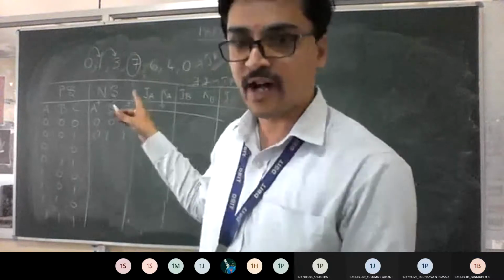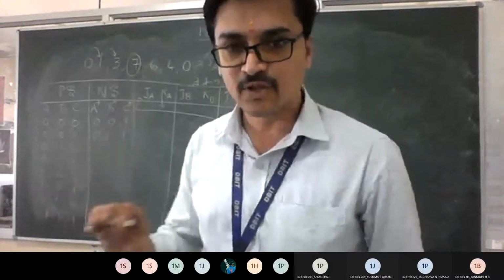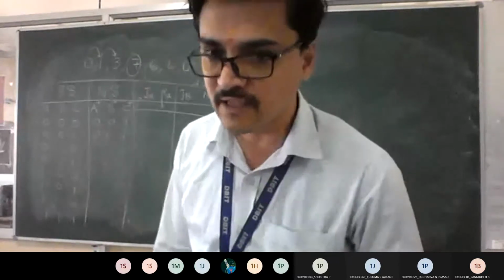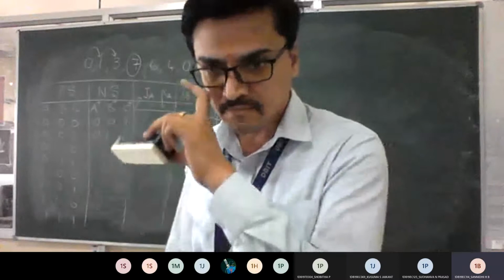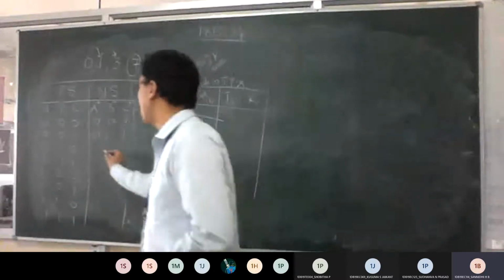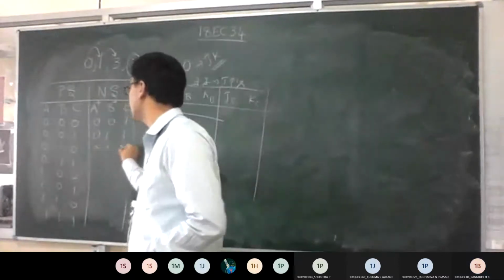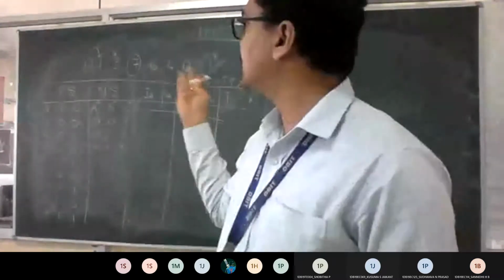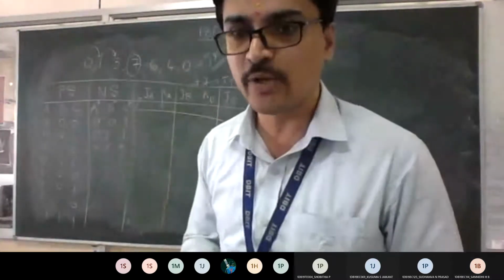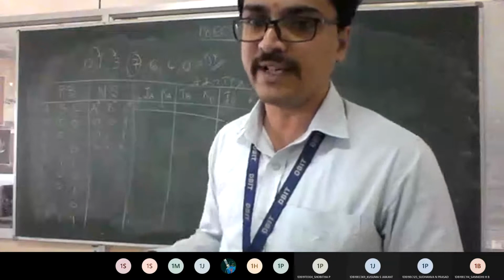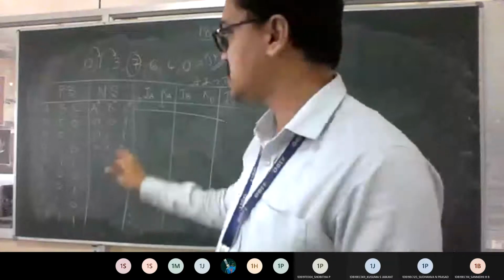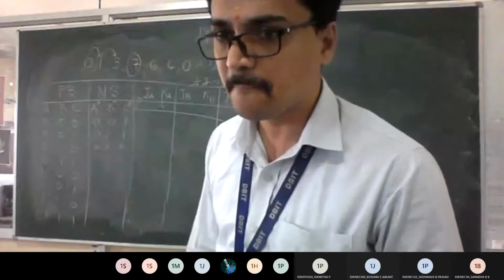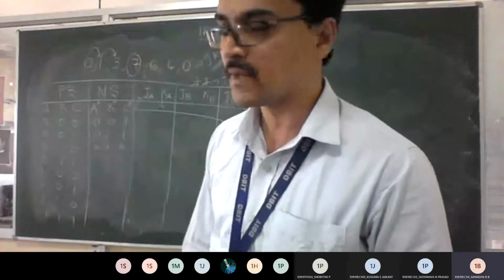See, whenever we are stuck like this, by default you need to go with don't care conditions. Am I clear? Yes, sir. So you need to write all 3 states as X. It means don't care condition, because in the given sequence there is no present state 2 itself. If it is not there, how can we take the next state? That's why by default we go with a don't care condition. Understood here? Yes, sir. Okay, good.